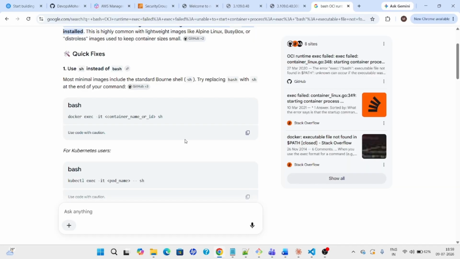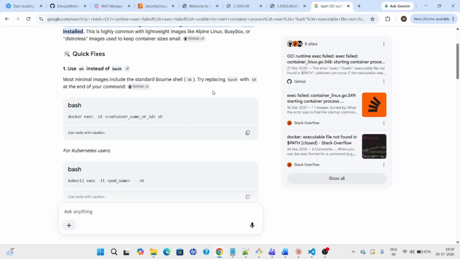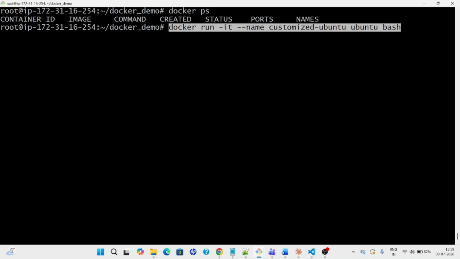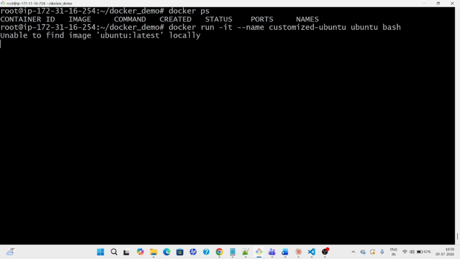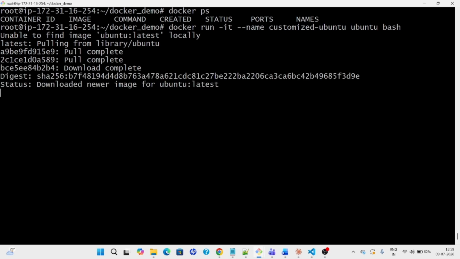Now what I'm going to do is create a new container with a new image. By default, with a single command, we can pull the image Ubuntu and then create a container with that image by using bash. It says unable to find image locally. If the image is there locally, then it will take it. Otherwise, it's going to pull it from Docker Hub. Now, if you check docker images,